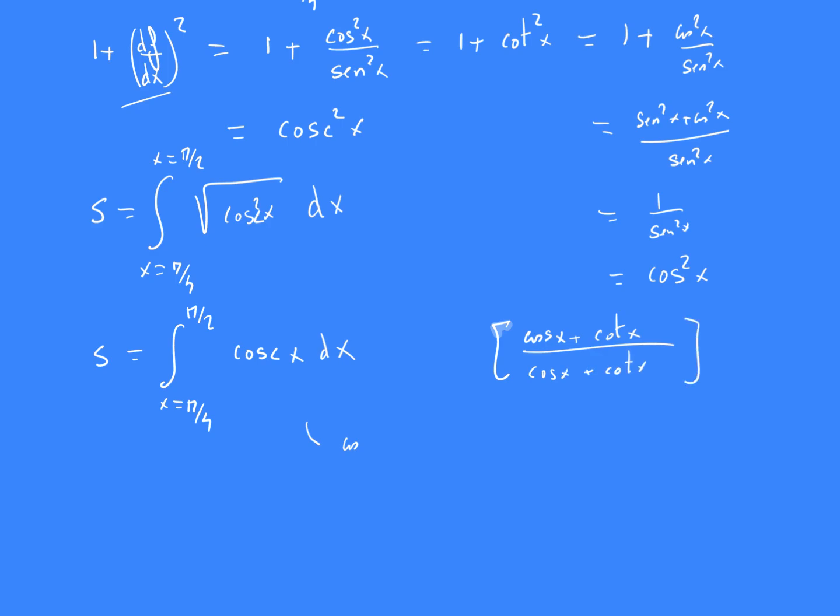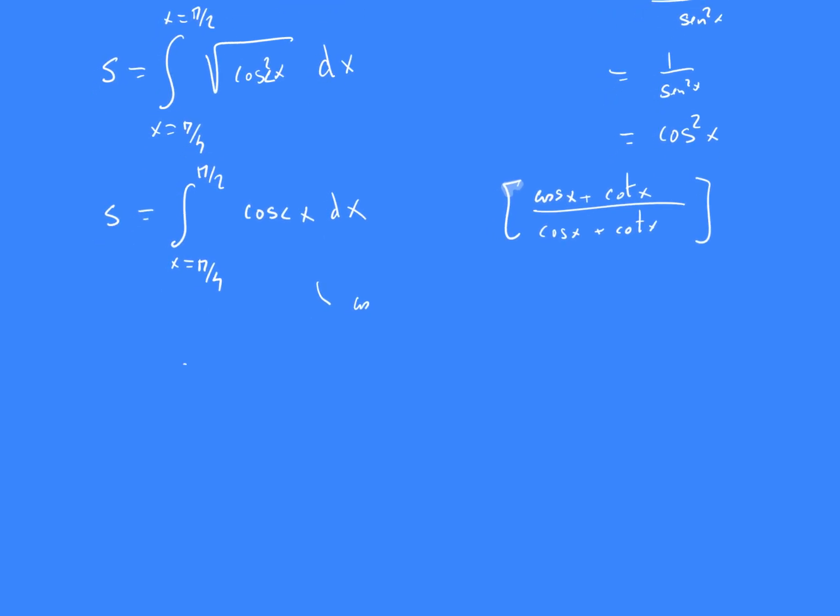If you multiply and put the 1 here, the integral from pi divided by 4 to pi divided by 2 of cosecant x multiplied by cosecant x plus cotangent x divided by cosecant x